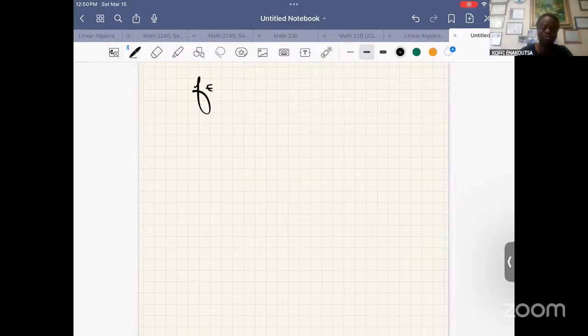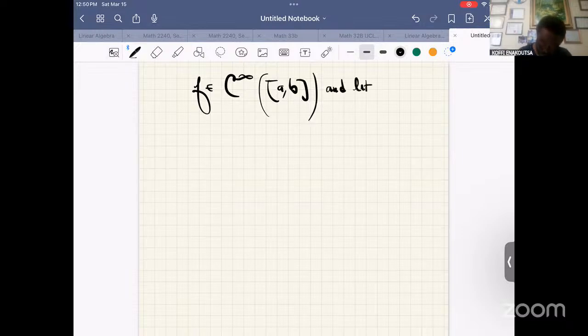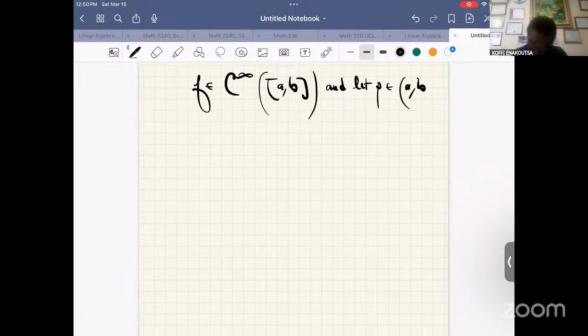Let the function f be C infinite over A and B. And let P belong to the set AB. And suppose that